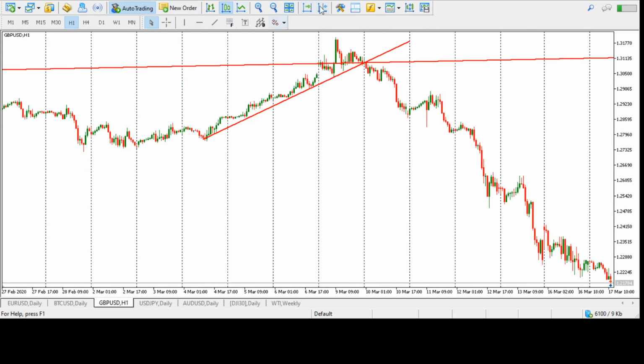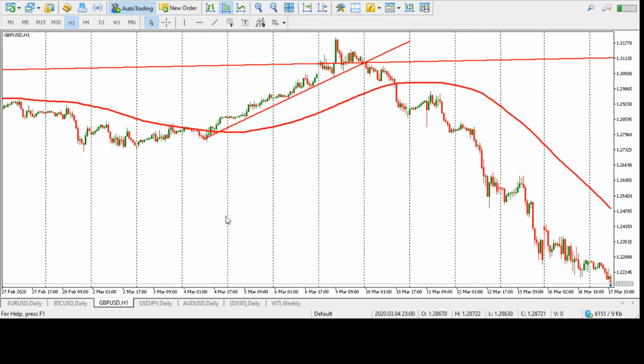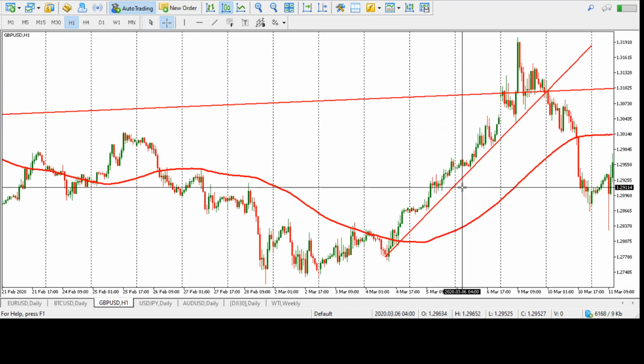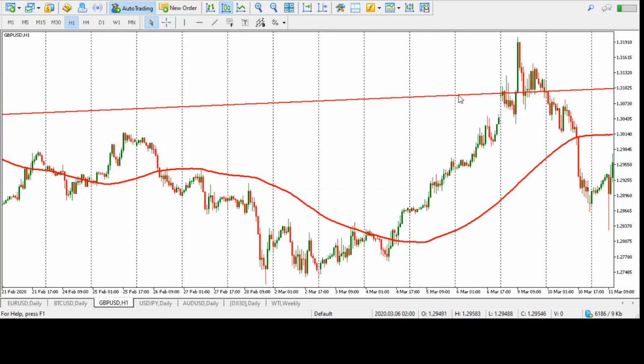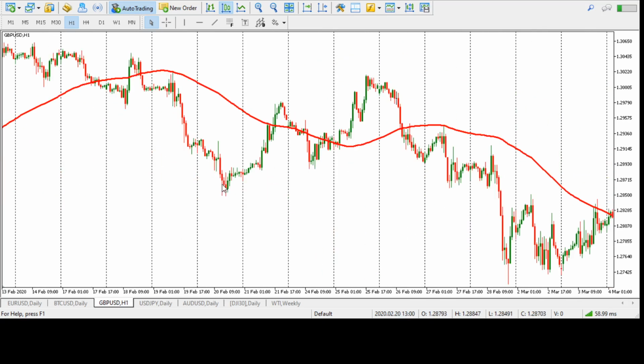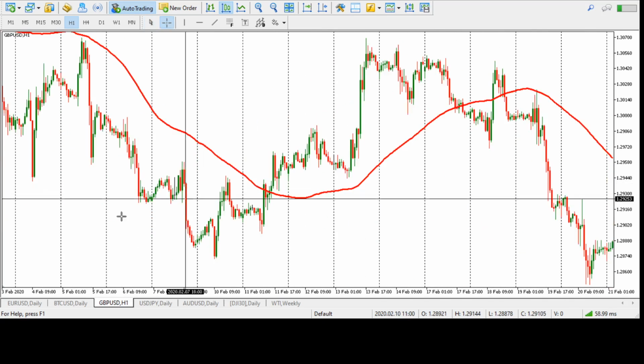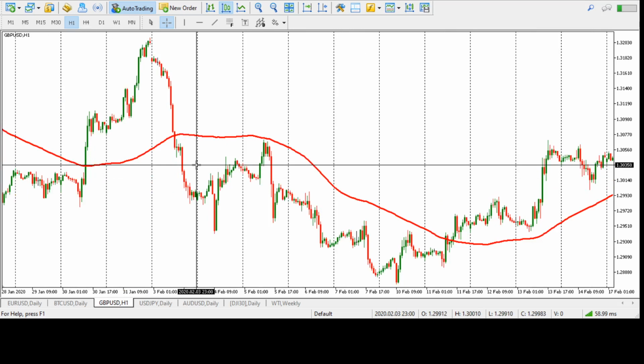You can catch this movement, for example, if we are trading according to our system. For example, let me put here my favorite 89 simple moving average. So let's just remove these trend lines. Let's take a look here. If we are trading according to our trading system,